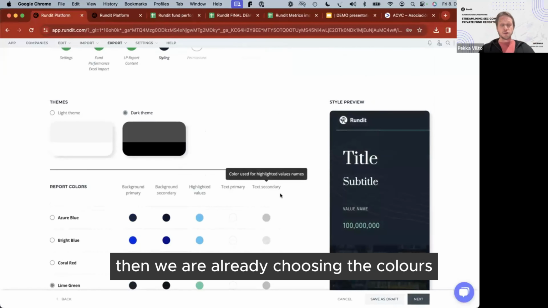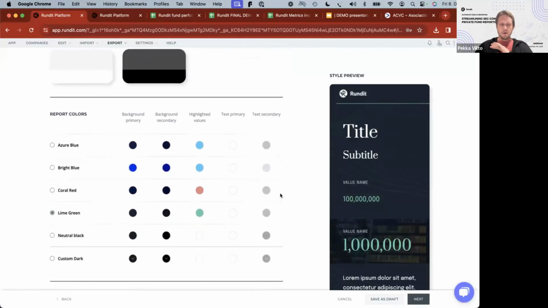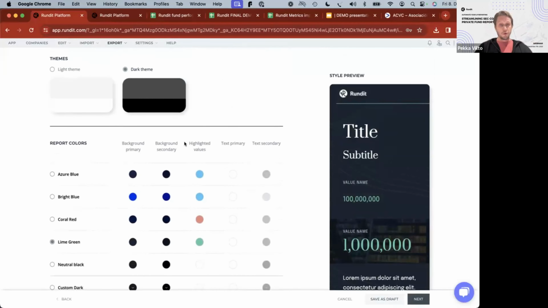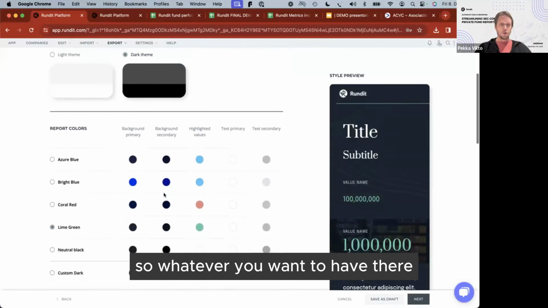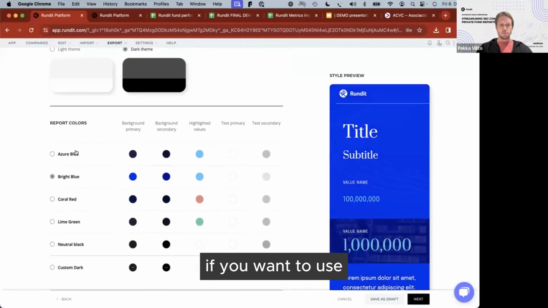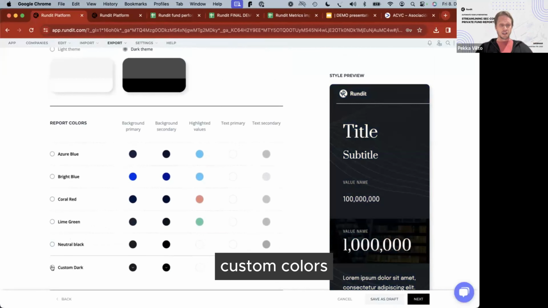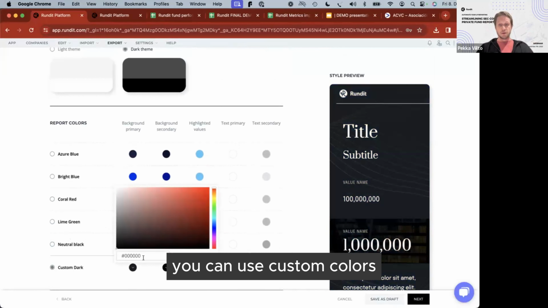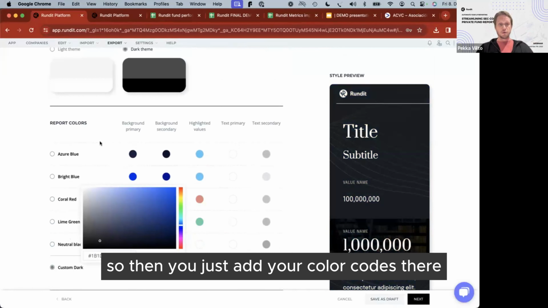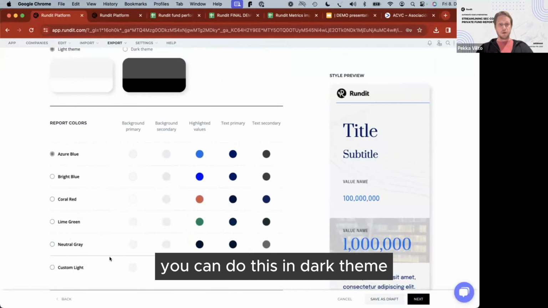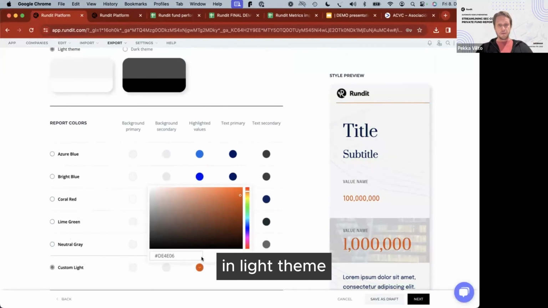Then we are already choosing the colors. Fully customizable again. If you want to use preset colors, you can use preset colors. If you want to go with custom colors, you can just add your color codes there. You can do this in dark theme, you can do this in light theme.